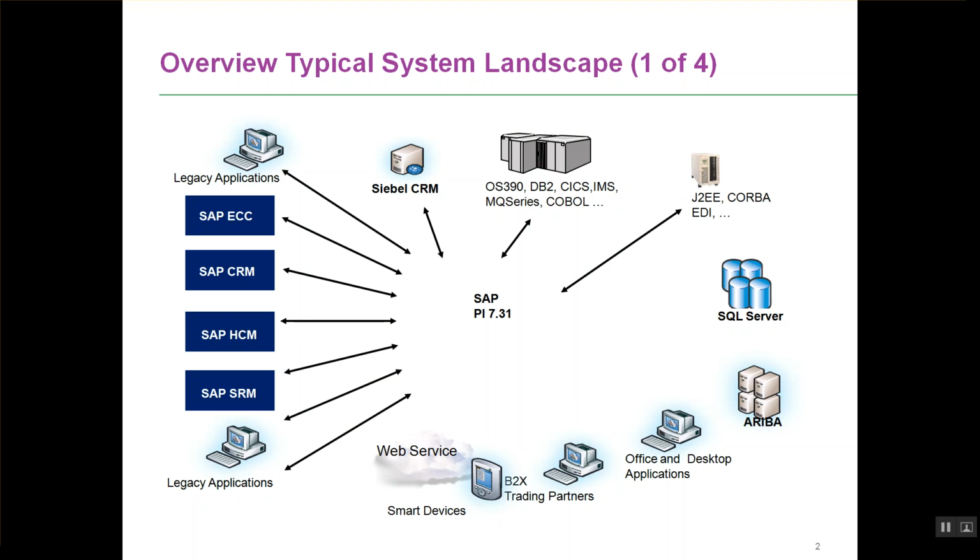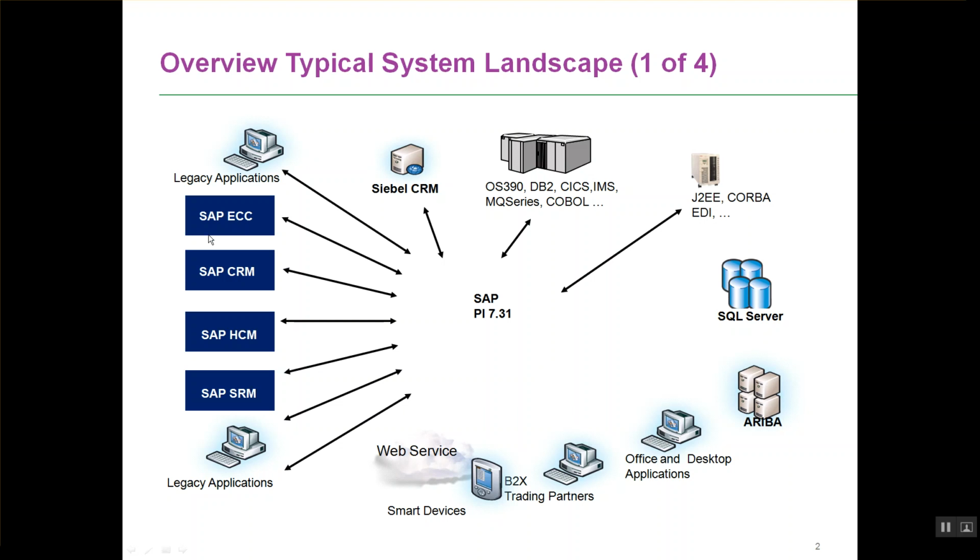The idea of an SLD is that it's a telephone directory, because PI is connecting to multiple systems, and PI is your integration platform. PI needs to know what all systems are there in the landscape, what are the types of these systems, what are the physical IP addresses these systems are running on, and so on. So that information is provided to PI via the system landscape directory.